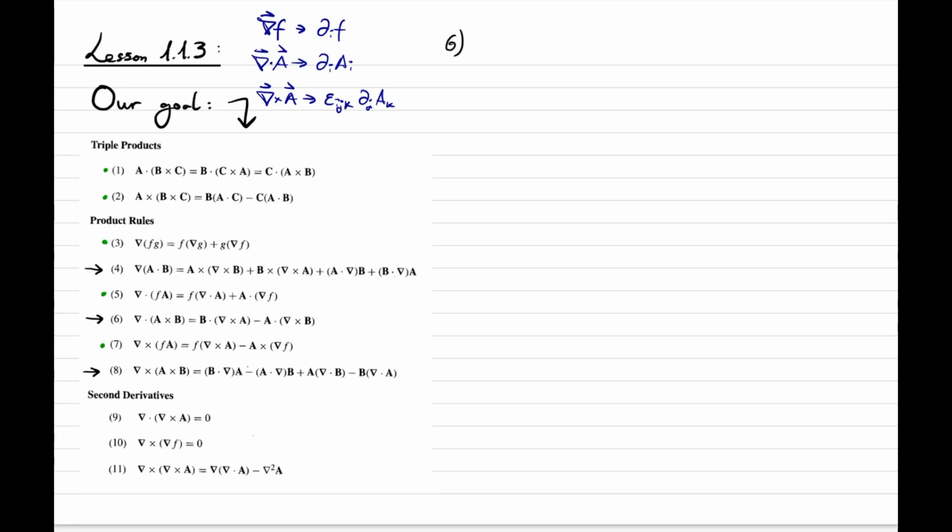So we are given this. I'm going to start with number 6 because it seems to be shorter. Okay, so let's prove that this is true. So we are going to translate this into index notation, and let's see first of all the cross product